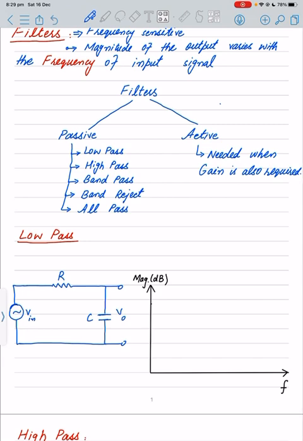The first one is the passive filters, which are made up of passive devices such as the resistor, inductor, and the capacitor. So these are all passive devices. The second type of filter is the active filter. Why do we call them active? Because they are taking some power from outside, a power supply or power source. For example, our transistors